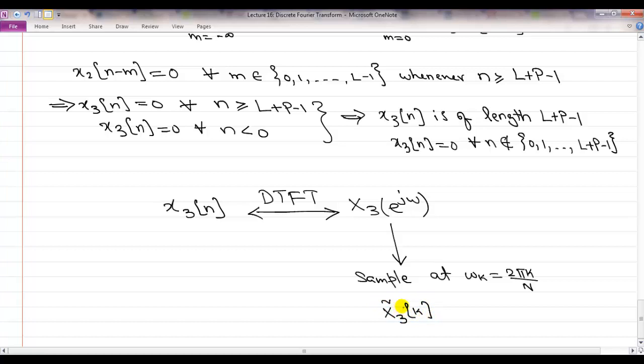The samples of this discrete time Fourier transform can be associated with a discrete Fourier series coefficient sequence, and these DFS coefficients have a corresponding periodic sequence x3 tilde of n,